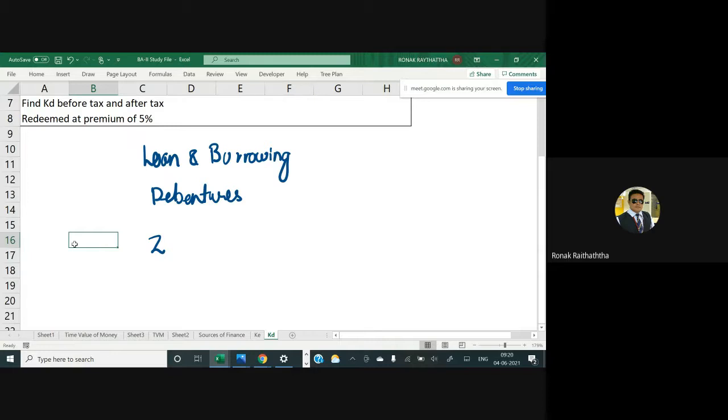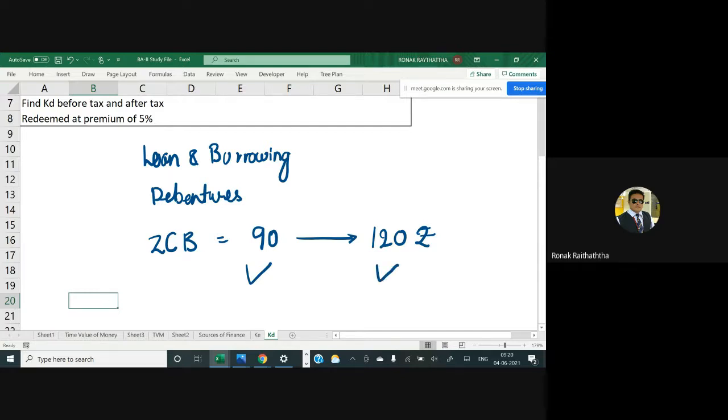They are issued at a discount. Say you are right now investing in one zero coupon bond at 90, and once the maturity period is over, they will give you, say, 120 rupees. So your cost of investment is just 90, and on maturity you get 120 rupees. Obviously this 30 rupees is the profit for you, right?